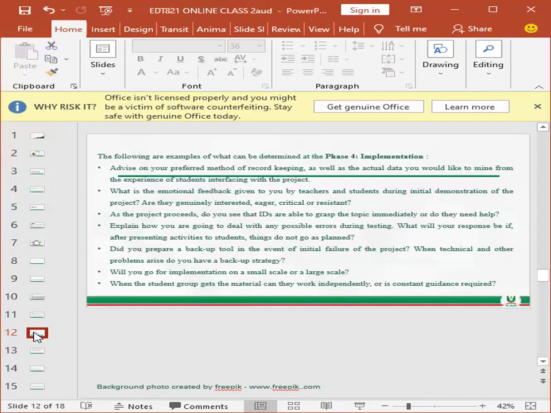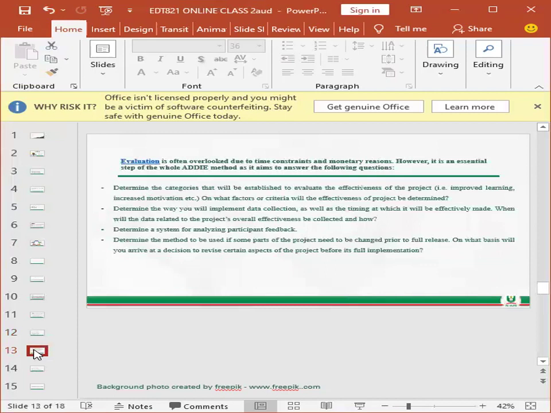So when the students do get the material, can they work independently? Or is constant guidance required? So all these are very, very important. So also